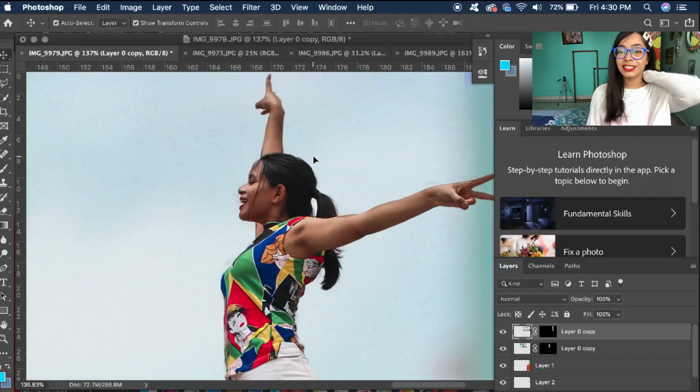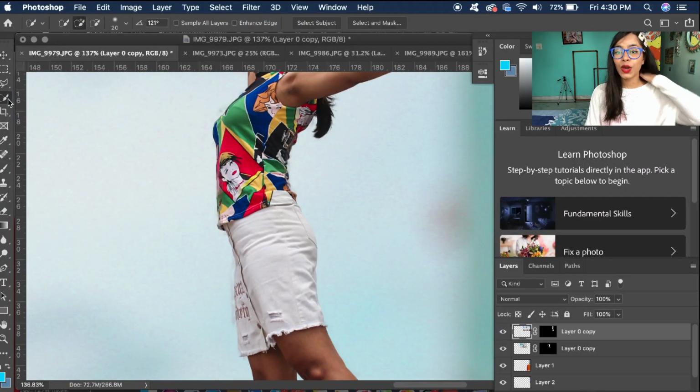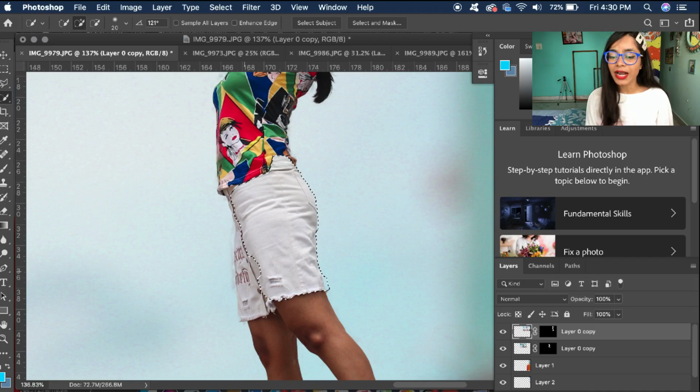But what I am not liking here is the color of the skirt, because it's white and the background is also white. So I'm not kind of liking it. So let's just change the color of the skirt. For that you have to select the particular part of the skirt, or the particular thing you want to change the color of. You can choose the option called quick selection tool from the sidebar of Photoshop again for selecting the skirt, or the particular object you want to change the color of.